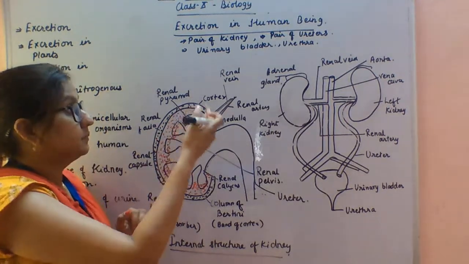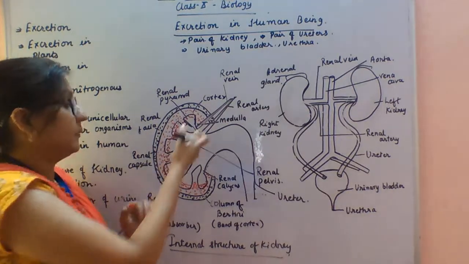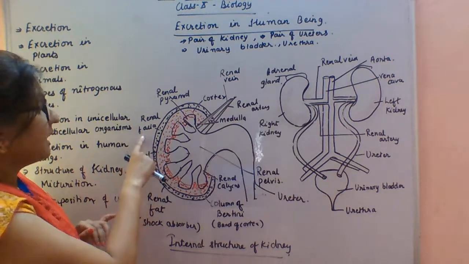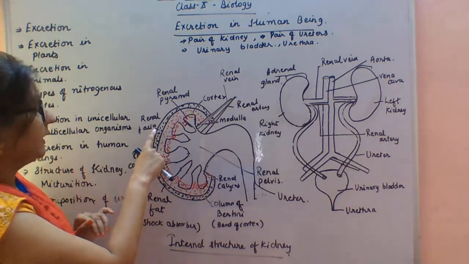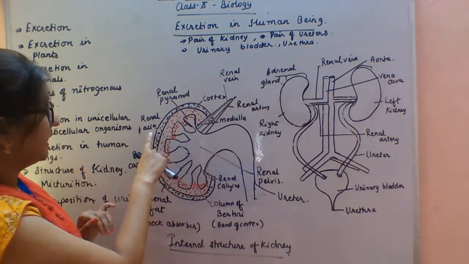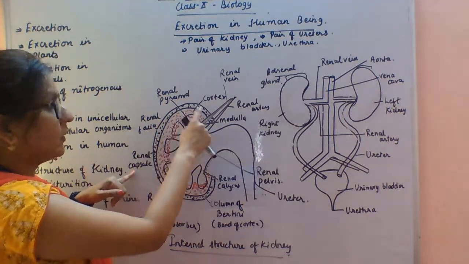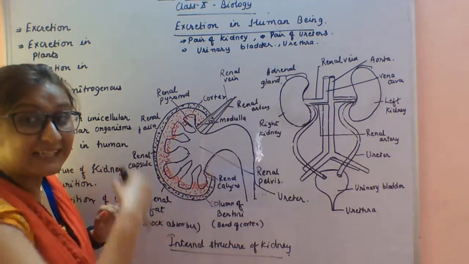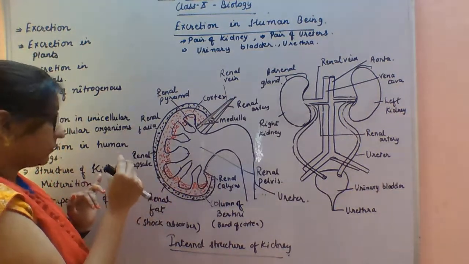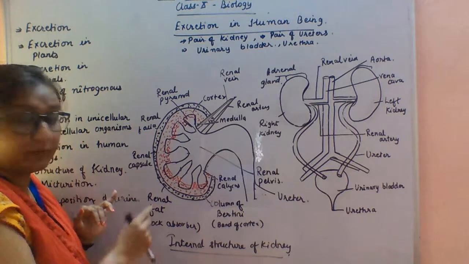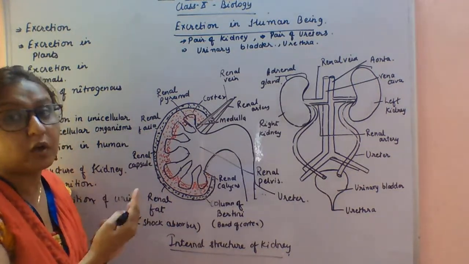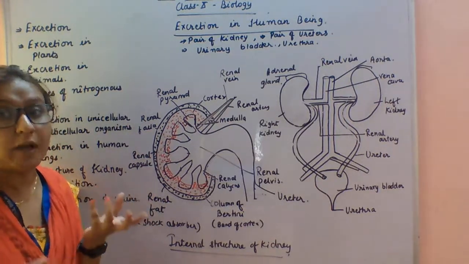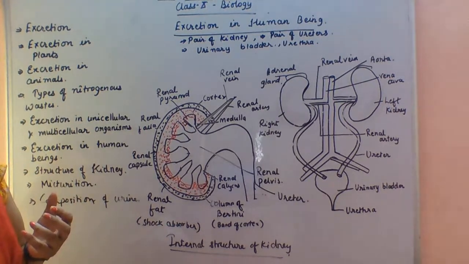Okay. Next, we will start with this structure. The outermost part of this kidney is the renal fascia. After that, this dotted structure is called renal fat. This fatty layer is basically meant as a shock absorber, or you can say it prevents mechanical shock or any injury. So basically it is called the shock absorber.